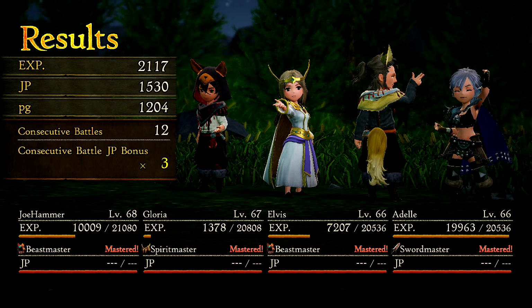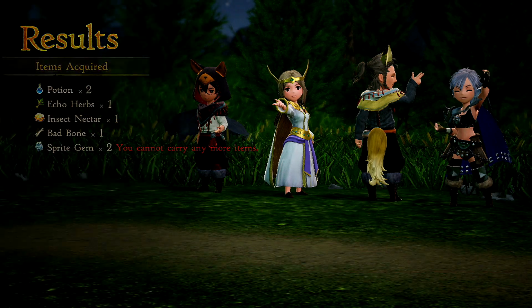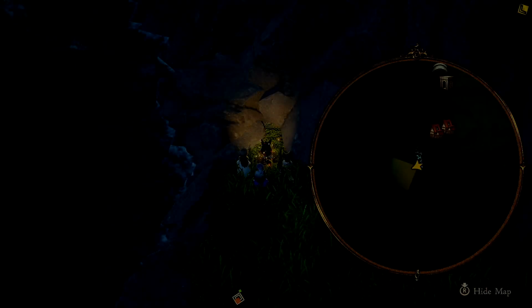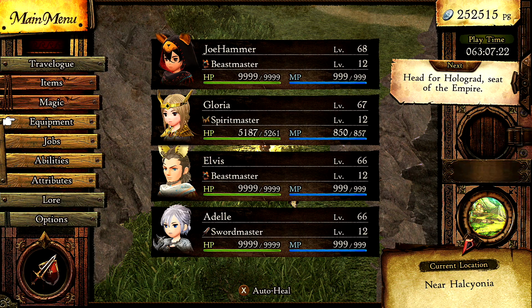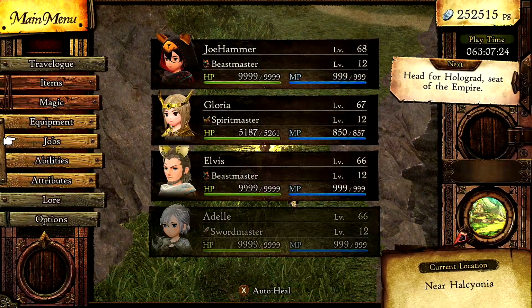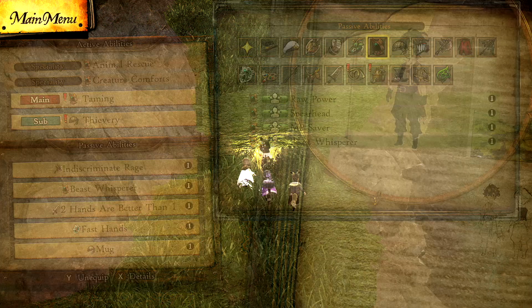Can you imagine having like 17% of that? You can get like 2,500 JP a go. And that's just going to allow you to master your jobs nice and quickly. I just want to point out as well, if anybody happens to be following me and wants to know why I'm doing so much damage all of the time, let me just go into abilities here. It's because we have the Beast Whisperer on, and we're using the Beast Master, which basically makes